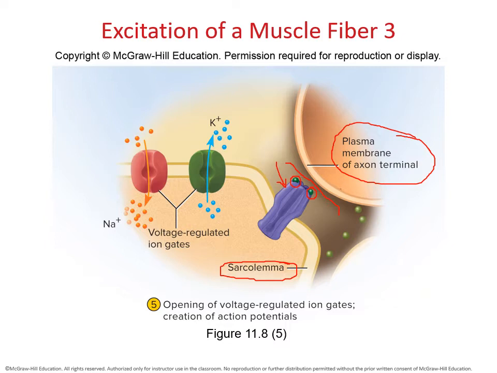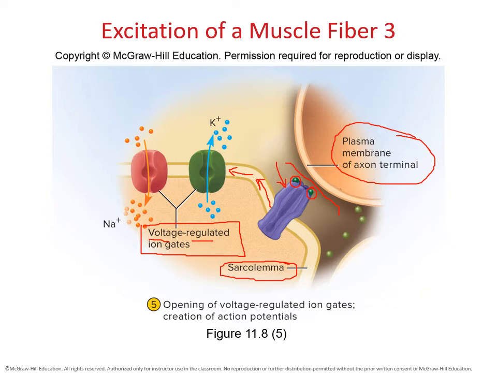So a very localized excitation to occur. Well, it turns out that that excitation is going to start spreading across the sarcolemma, away from the synaptic knob to the rest of the membrane, or the plasma membrane, of the muscle cell. And as it goes away from the axon knob or the neuromuscular junction, it's going to encounter what we call voltage regulated ion gates. Now these are called voltage regulated because they're going to notice the change in the membrane potential. Remember how we're making it more positive, we're getting it all excited.